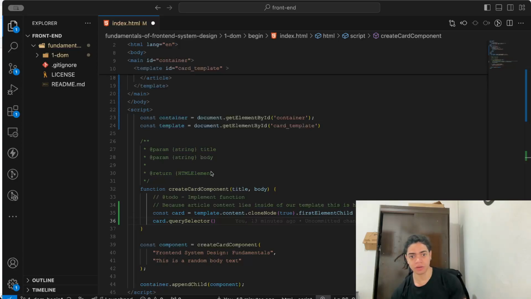Class selector, that's right. So class selectors, we can say something like this. Yeah, class selector here, where we say now